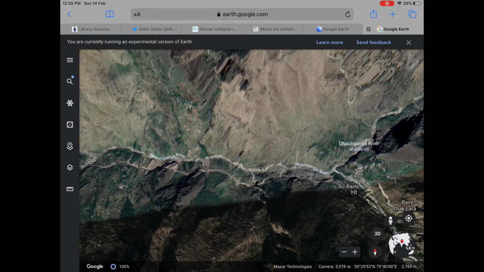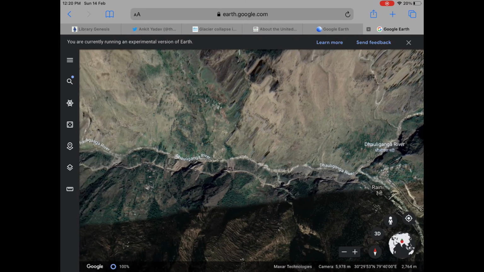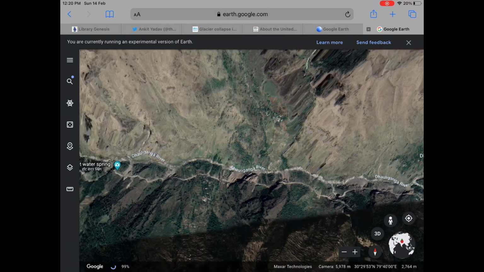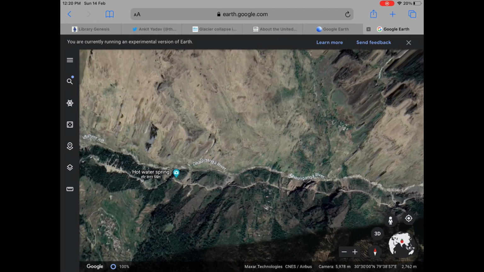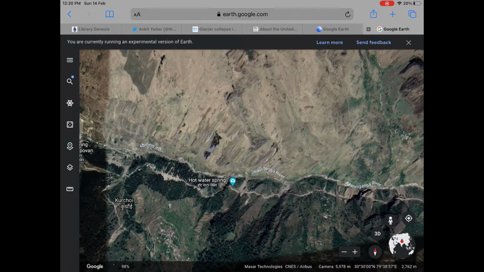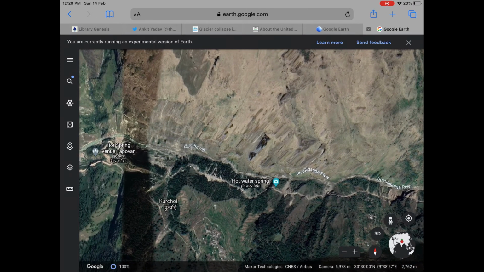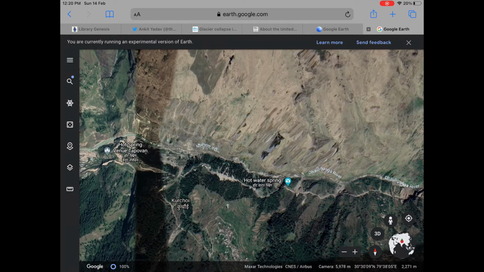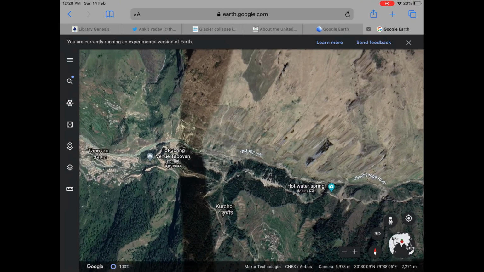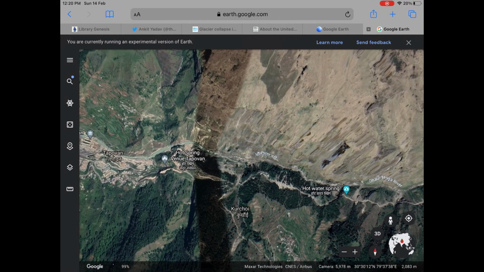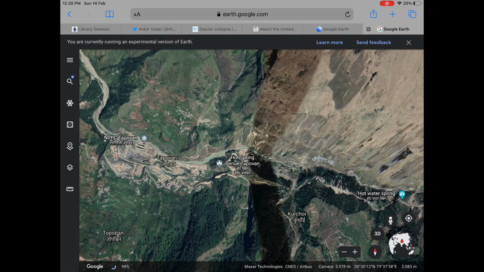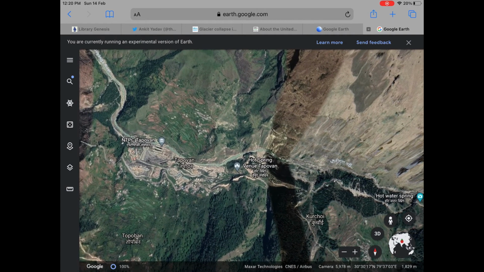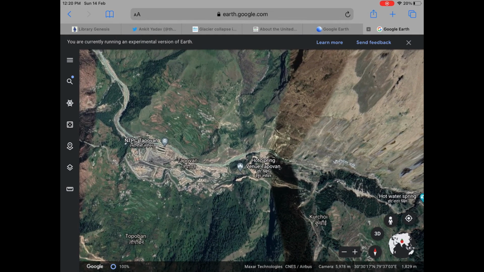and on that downstream we will see the NTPC Tapovan Dam, which is completely destroyed by that flood. Here we come to see the hot spring area of Tapovan. Now we can easily see the NTPC Tapovan Dam.